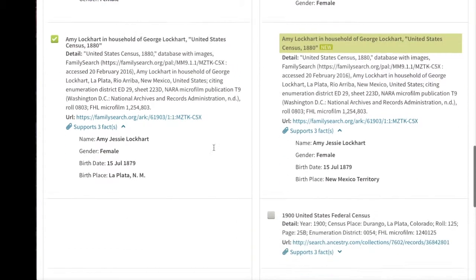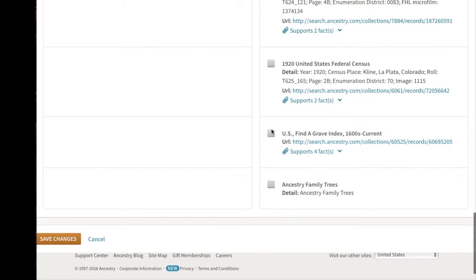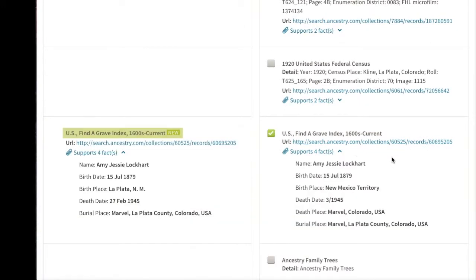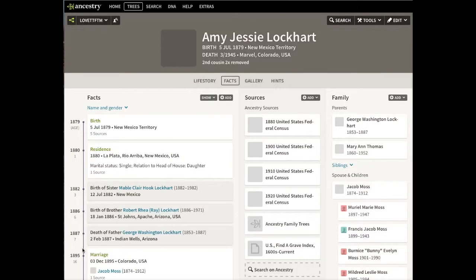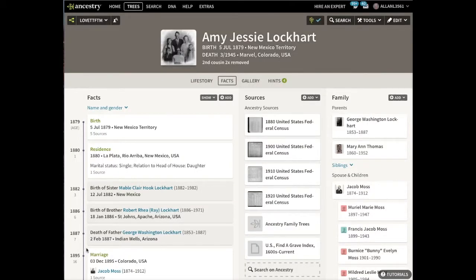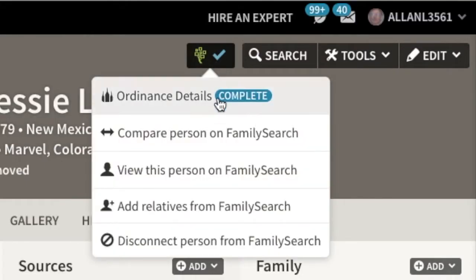And I continue to do that, and then I can go down if there's some on Ancestry.com that are not on FamilySearch, like in this case Find a Grave. I click on that and it will move it over to FamilySearch, and then I just save changes. So that gets me back to my person view on Ancestry.com, and I'm going to go back up to the little tree symbol and click on it, and then go look at the person on FamilySearch, which will take me